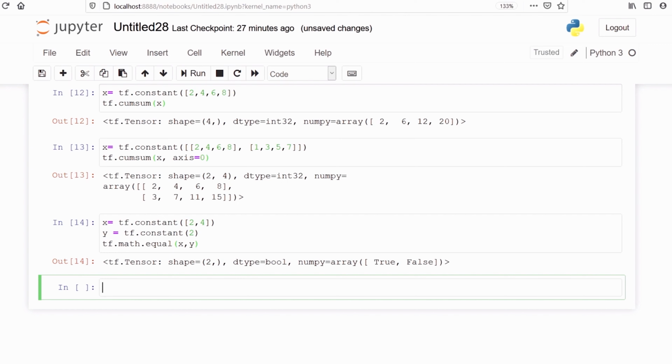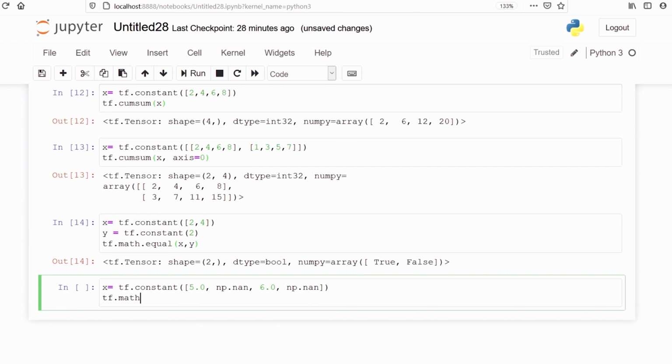There is also a method isNaN to check if there are any NaN values present in a tensor. Let's make one tensor. We will use the method isNaN and pass our variable x.